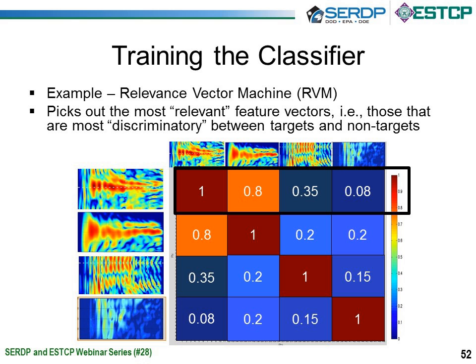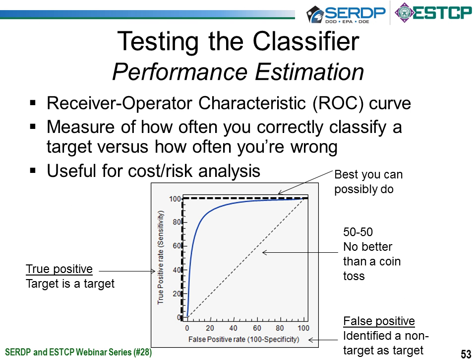So it's going to go through and build another design matrix. It's going to compare and come up with this measure of similarity between each of the data products and assign a number to it. And then you're going to go out and check the answer. And you're going to say, oh, wow, you did good there. That one was indeed a target. Oh, nope, here you were wrong. So that process is how you build your performance estimation curve here.